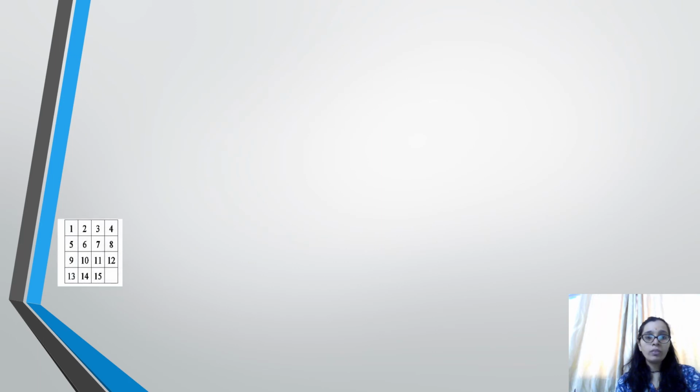Let us see one example of the 15 puzzle problem. So here the initial configuration is shown and the final configuration is shown. In the initial configuration, there is one blank tile that you can observe over here. For this blank tile, 4 combinations are possible: 7 moving down, 11 moving left, 15 moving up and 10 moving right.